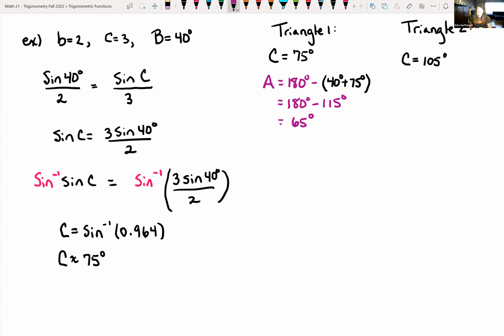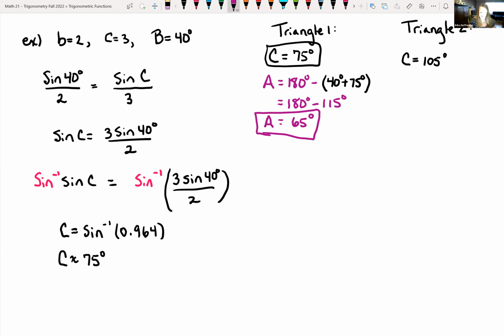Again, it's really early in the morning, so it's more apt for me to have errors. So I'm just going to check it in my calculator. Yep. So A is 65 degrees. That's for triangle 1. Triangle 2,